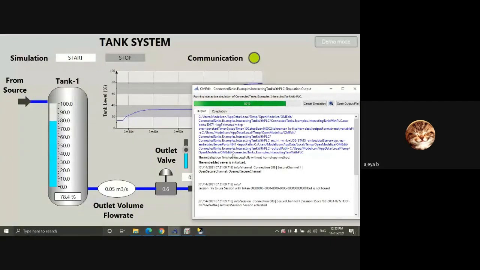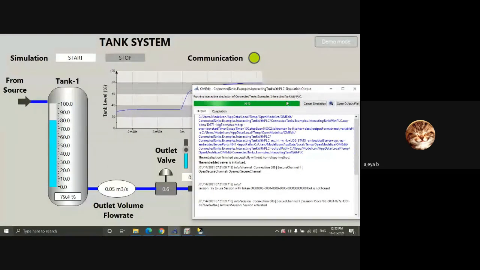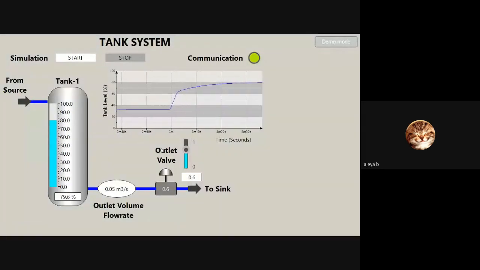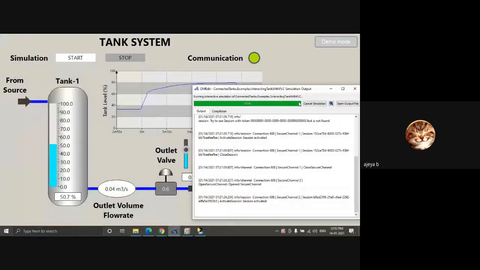Now it is done. Now if I change the value, for some time simulation will be running, but it will say this is 100% run. So it will be faster. I mean, it's not going in terms of real time. That's the main difference of not keeping the real time flag.